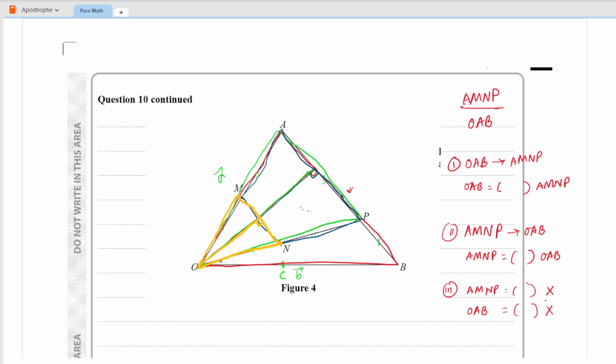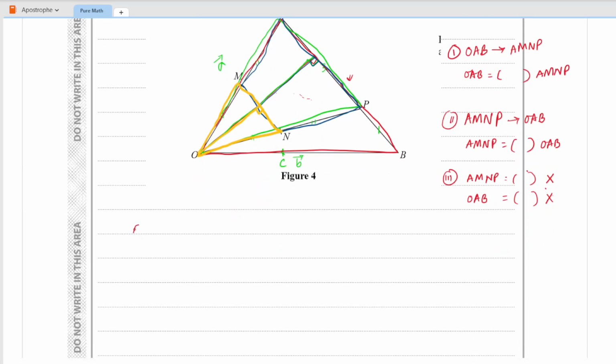So we can use that, and OAP and OAB both have the same height but different base, so we can use these ratios. So when it comes to solving this kind of question, you have to use the ratio. You have to either make the sides equal, or sides of one triangle as a ratio of another triangle, or you have to make the ratio of heights, basically use this. Okay,